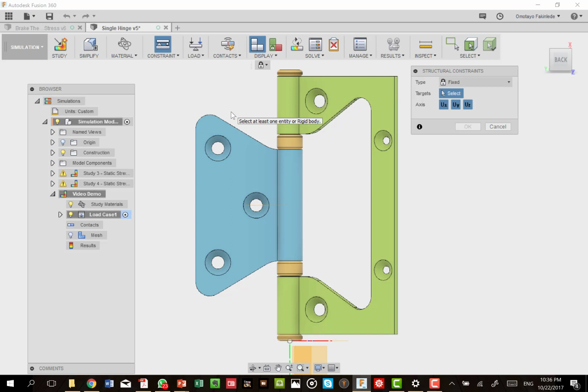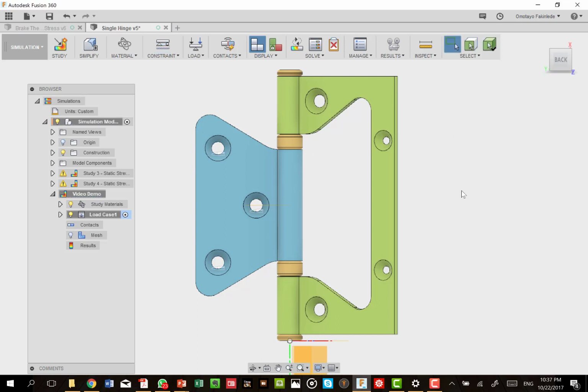We think not. Look at this circle here. That circle is what will essentially hold the screw. And that screw is fixed into the wall. We are selecting this, and this as the three edges that will be fixed. So we do not insist that the whole surface be fixed, but we are saying that those three edges will be fixed because those are the edges that carry the screws, and those screws are rigidly fixed. So let us choose that. If we're happy with that, we can select OK. So that is our set of constraints.